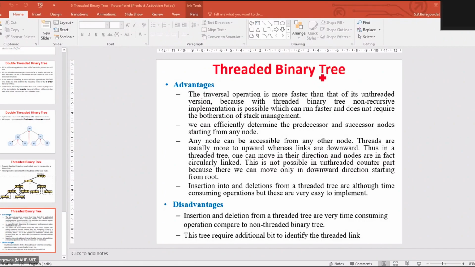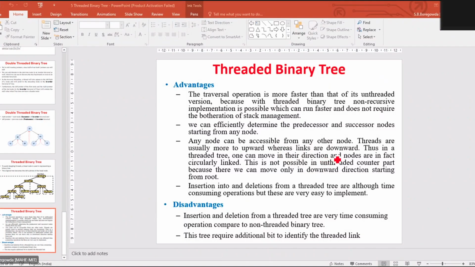That means the ith node's left child is located at 2i plus 1. Similarly, the ith node's right child is located at 2i plus 2 in the given array. Similarly, the parent of the ith node is located at (i minus 1) divided by 2. This relation holds true if the array index starts from 0. If the indexing starts from 0, then these rules always apply.